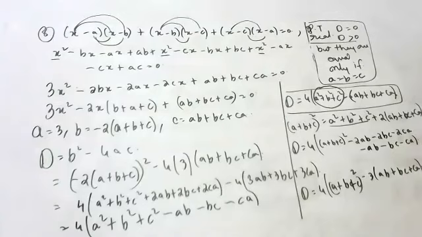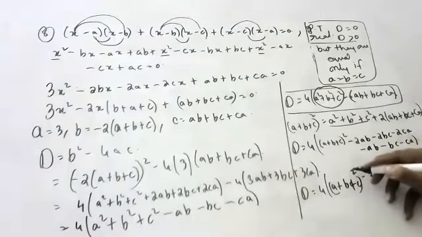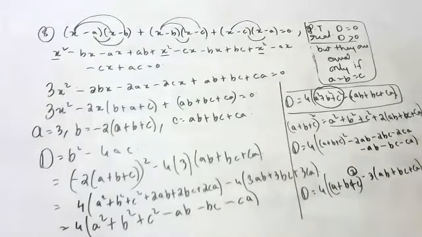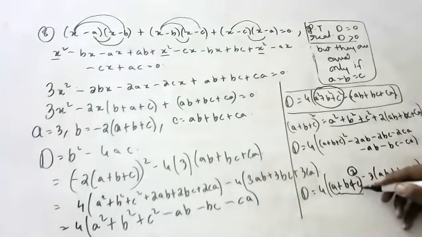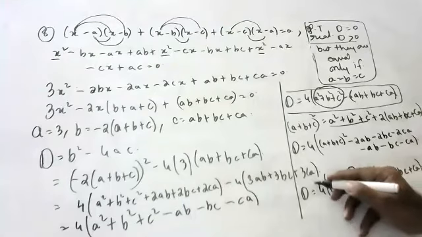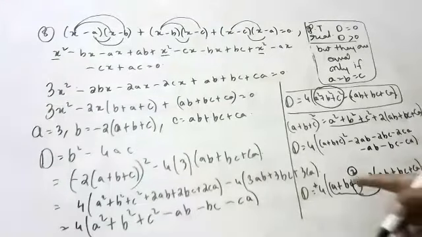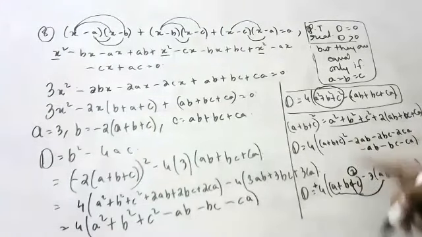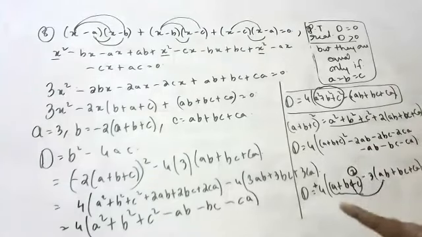Okay. So children, here the square is there. The square of this term will compulsorily be positive because the square is there, and this is also a positive value. So the (a plus b plus c) whole square form will compulsorily become positive. So you may get greater than 0.